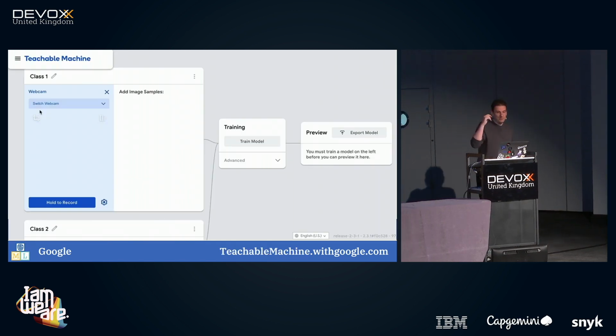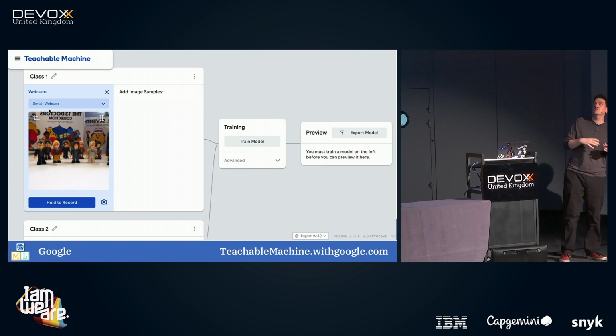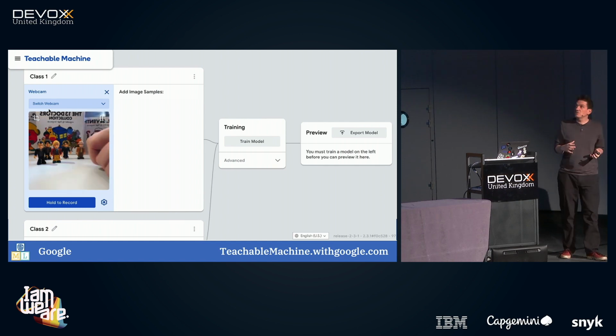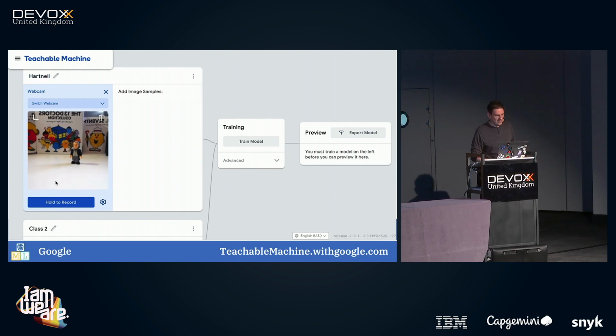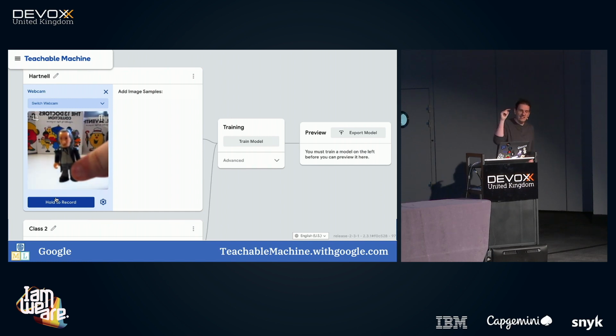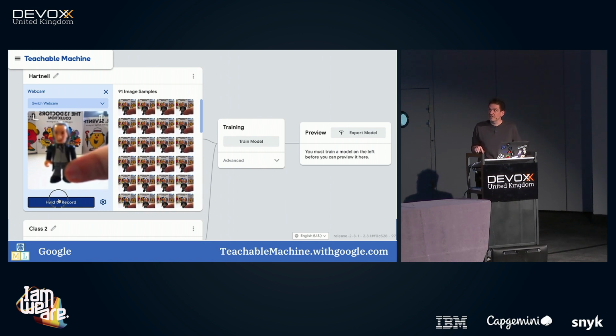My next one, also from Google, Teachable Machine. I really like this one. With this, it's a way of using TensorFlow.js to train a neural net in the browser. So with this, what we're doing is training an image classifier using training examples we take with the webcam. So what you do is you put some object in front of the webcam. I'm using little Doctor Who Lego figures. And you hold it in front of the webcam and then press down that hold to record button. And as you hold it down, it keeps taking photos. You can get loads and loads of training examples really, really quickly.